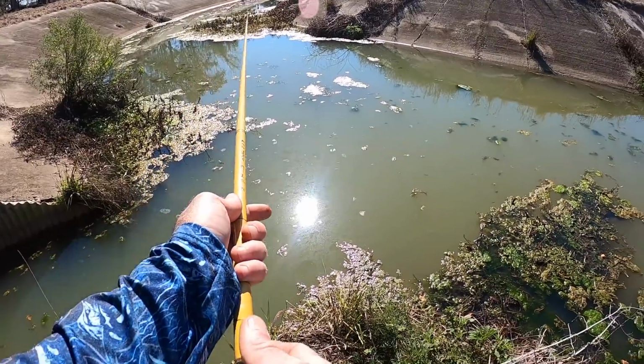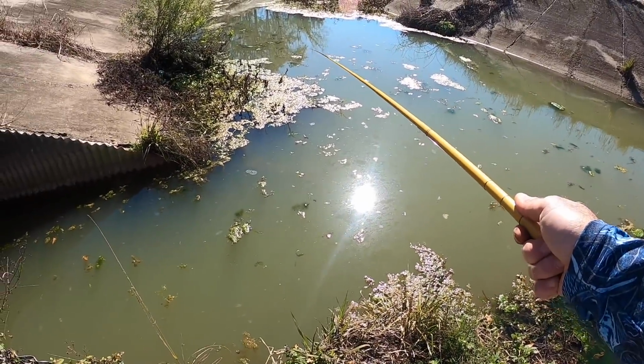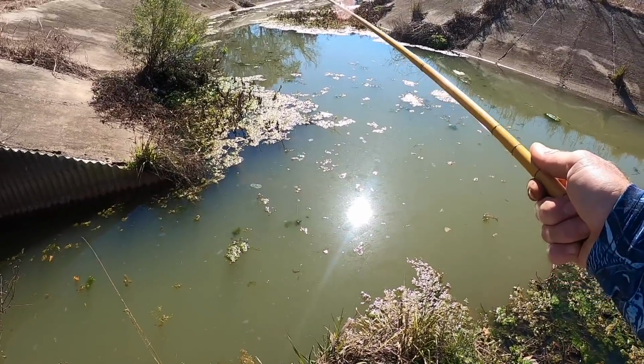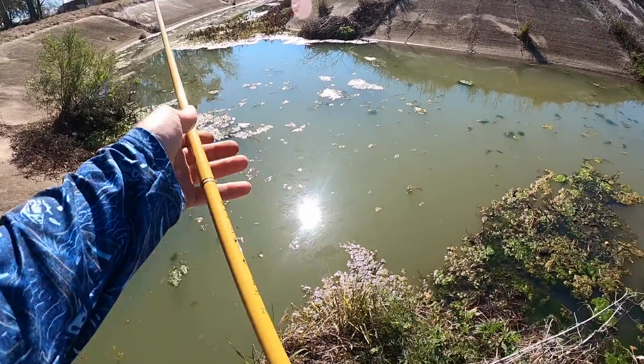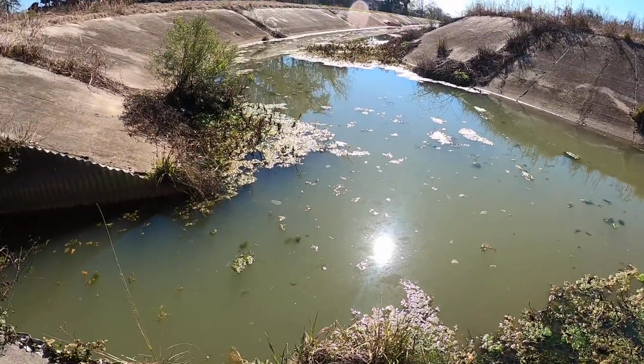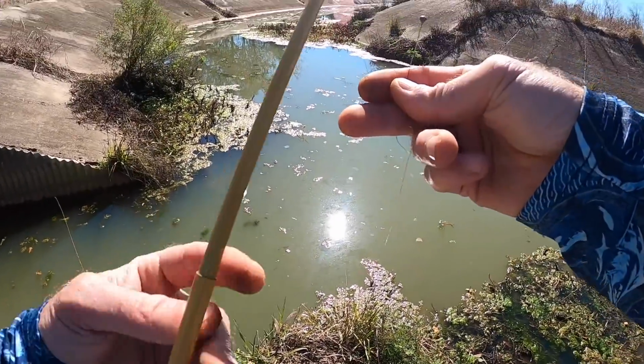Really cheap on Amazon. This cost me like $10. You can use it as a tenkara fly rod, but they're not that great for that. But if this is all you can afford, you can catch fish using it as a tenkara fly rod. But I like to use them to catch panfish and